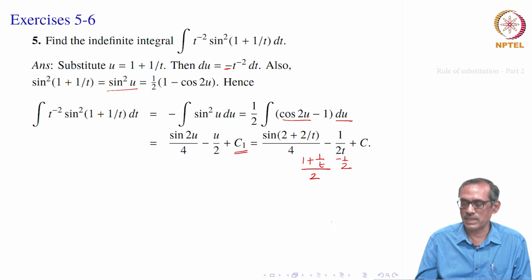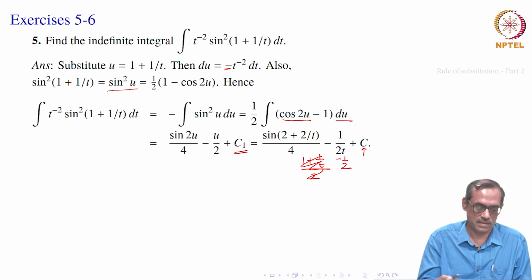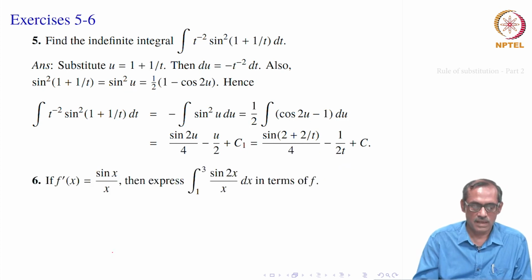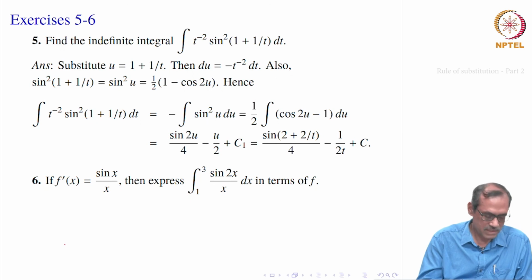Now, C1 is an arbitrary constant. So, C1 minus half can be written as a new constant C. That is how the indefinite integral will look for any arbitrary constant C. So, see how we accommodated some particular constant with the arbitrary constant. So, in that indefinite integral there is no need to keep this minus half. Also, you could have kept this minus half plus C1, that is also correct. Fine. Let us go to next problem.